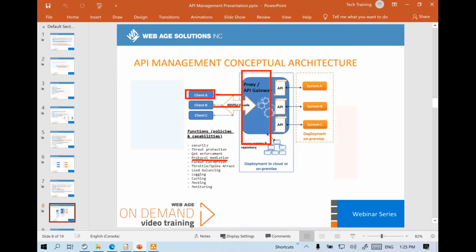Protocol mediation. So you can say that here we have, let's say, HTTPS, but maybe once you need to connect to your API, you need to remove the SSL certificate, so you can remove that. So you can basically use protocol mediation concept like HTTP to HTTPS and vice versa. You can also change your data format as well, format conversion. So say your front-end application is sending data in XML format, but your backend API needs to receive data in JSON format. You can do that at this gateway level.